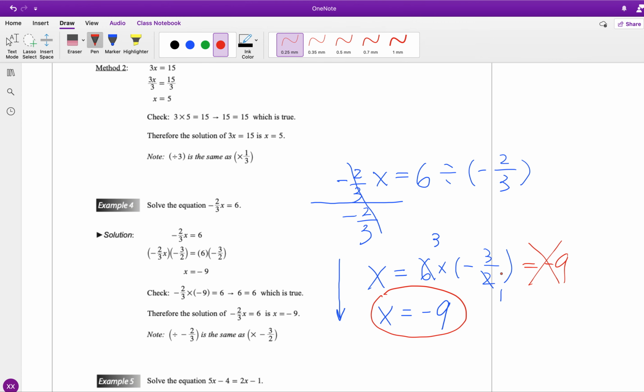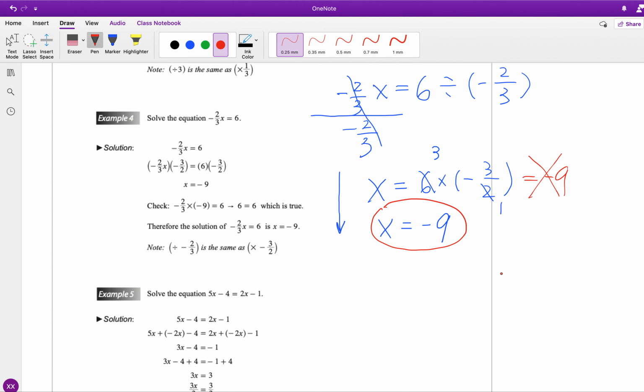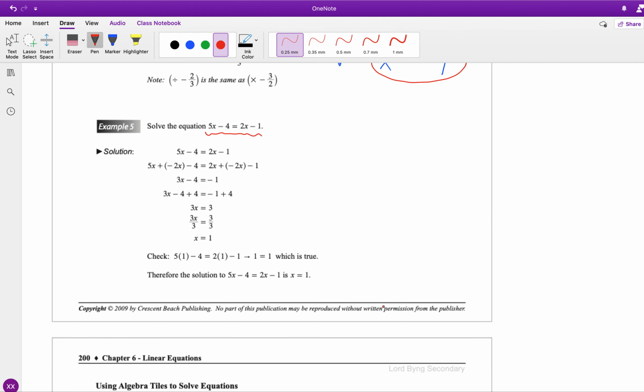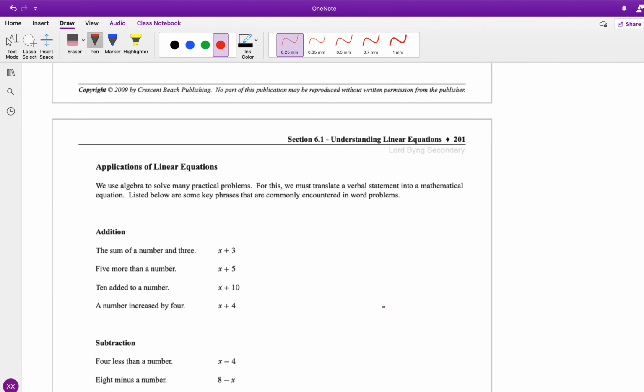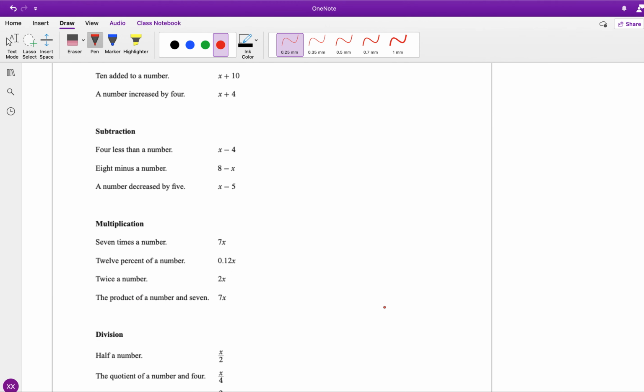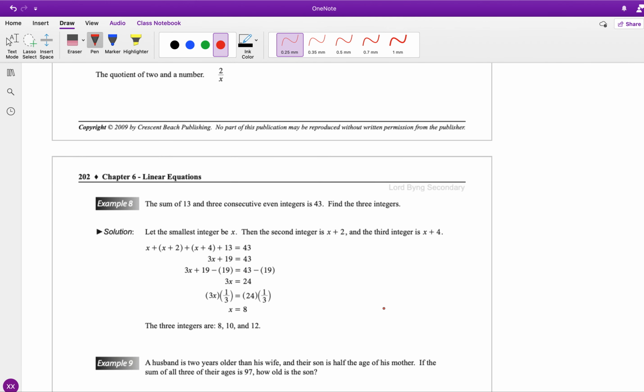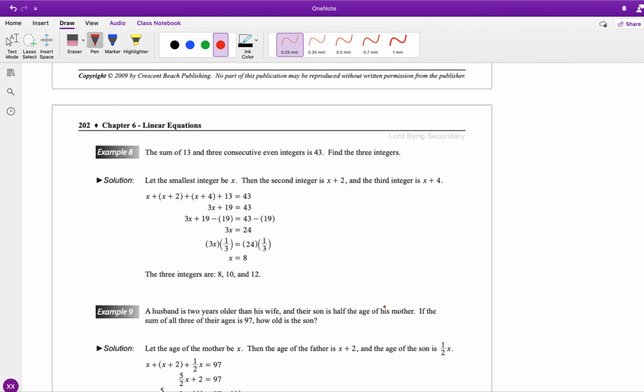All right. Now, the rest of it is the same thing as I just demonstrated above. You should be perfectly fine to do all the exercises. The algebra tile, we do not touch that. So that should be just perfectly fine. Okay? And there are applications, there are word questions. We're going to combine the word questions in chapter 6 and treat it at a different